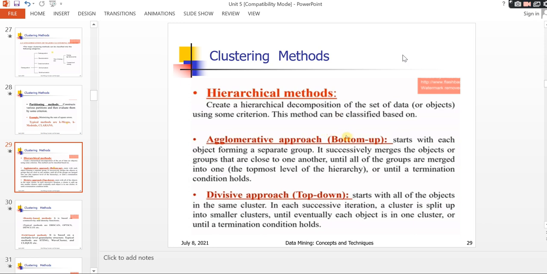Bottom up, agglomerative, is just opposite to this. Take the same example. At the bottom level you have 25, 25, 25, 25, four categories. The first 25 are persons having strong communication skills and strong technical knowledge. The second one is persons having no communication skills but strong technical knowledge. Next, the third one is no technical knowledge and strong communication skills. The fourth one is no technical knowledge and no communication skills. These are the four types.